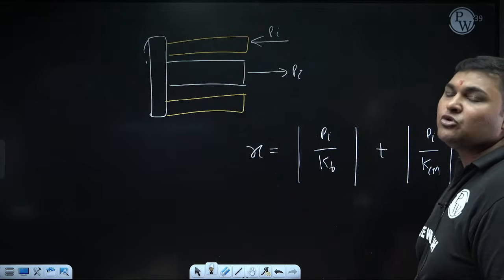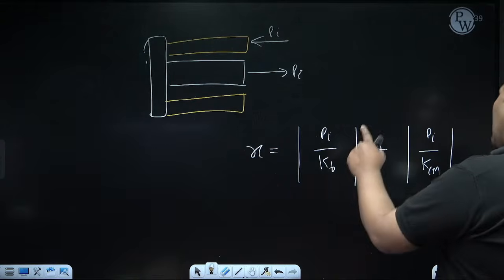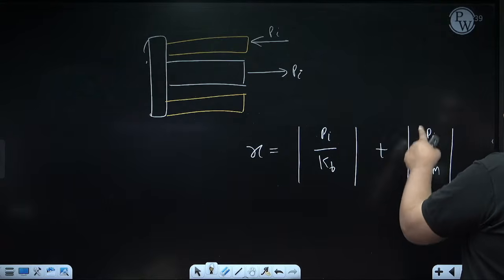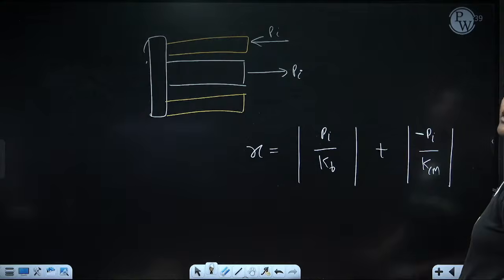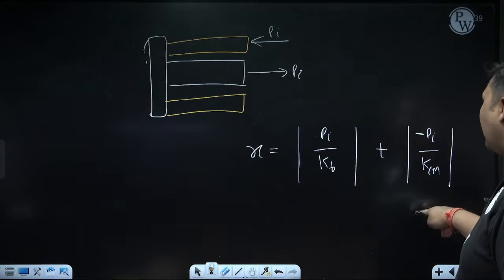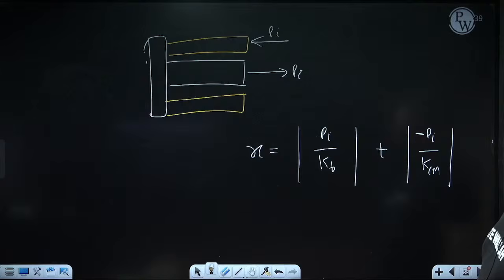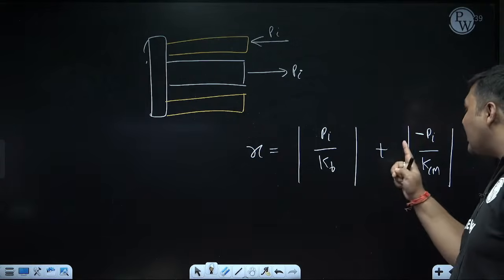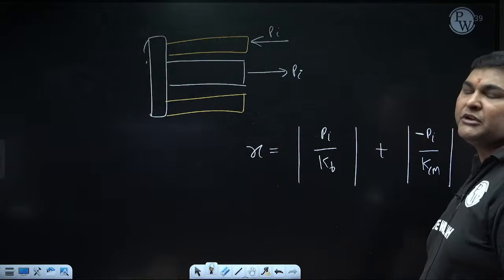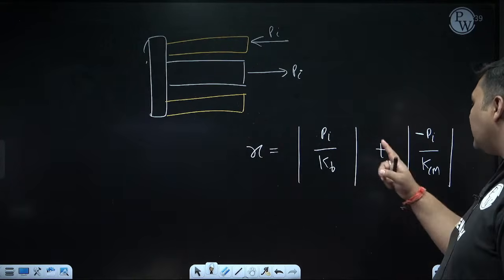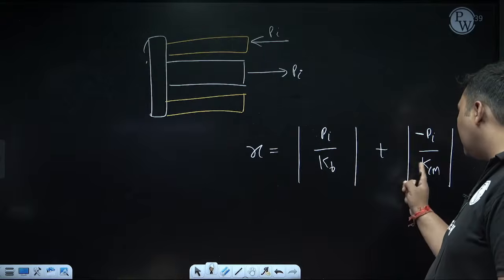But sometimes my students have the habit: for tensile we use plus, for compression we use minus. That's why I am writing this with mod. So even if by mistake you write minus because it is compressive, there is no issue, because if I take the mod of this, the minus will get removed. Because we have to add the magnitude of both of them, that is equal to X, which is the axial displacement on it during tightening. Right now in the question X is given, Kb is given, Kcm is given, we can calculate